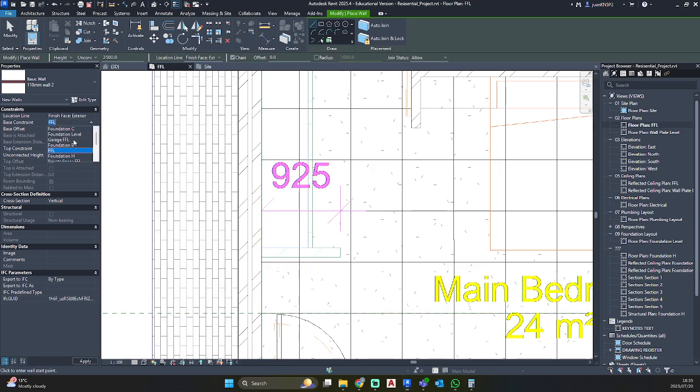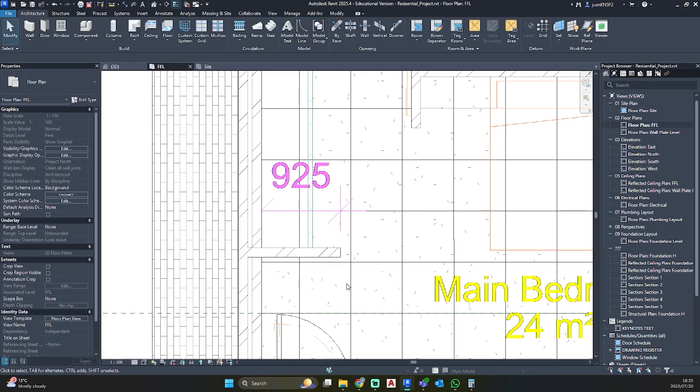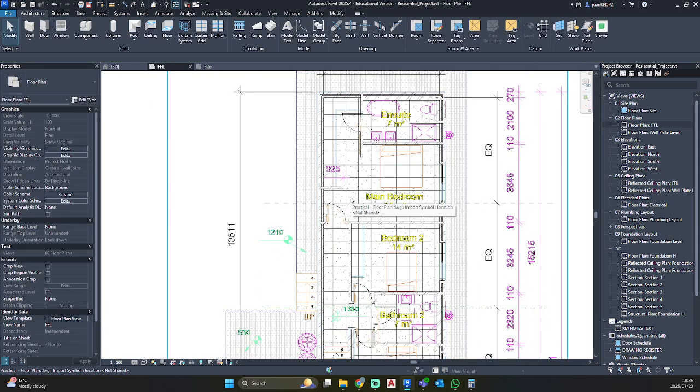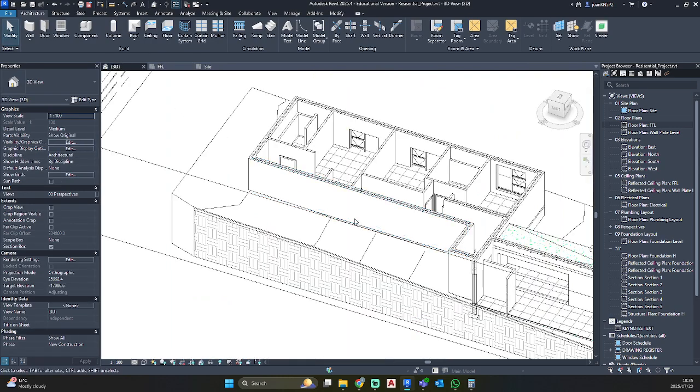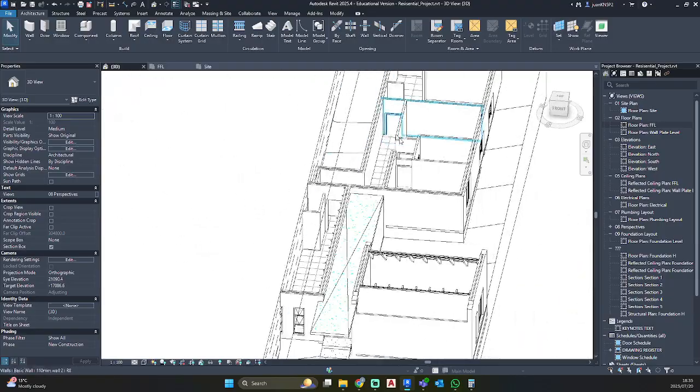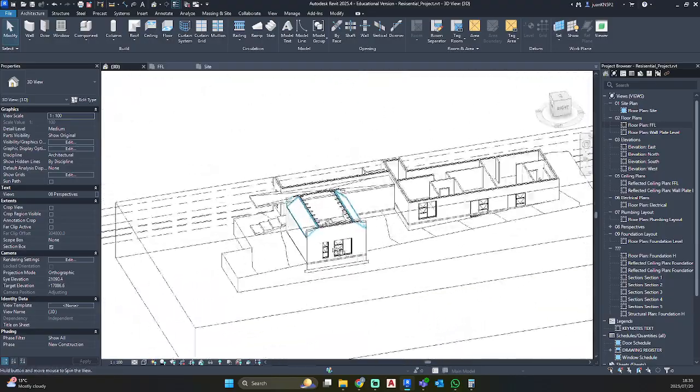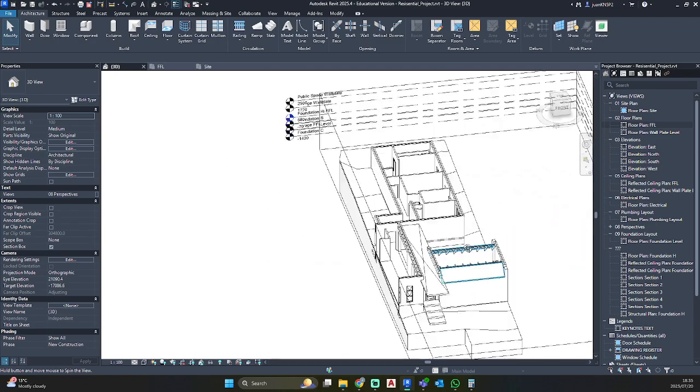Just ensure that your base constraint is set to private space, unconnected 2.5. Just going to place that there. There we have all of our internal walls.